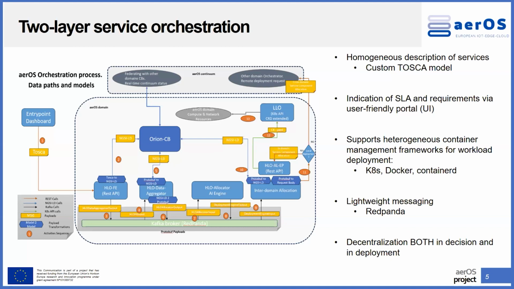In fact, the high-level layer of the orchestration is solving, each time, a double optimization problem. On the one hand, it has the requirements of the services that need to be hosted. On the other hand, it has the capabilities, but also the current availabilities of all the hosting infrastructure elements. Solving this double optimization problem, it selects among several candidate working nodes that can support these services. We call them infrastructure elements. It makes the decision and assigns the deployment to one of these. But enforcing it is not the job of the high-level orchestrator.